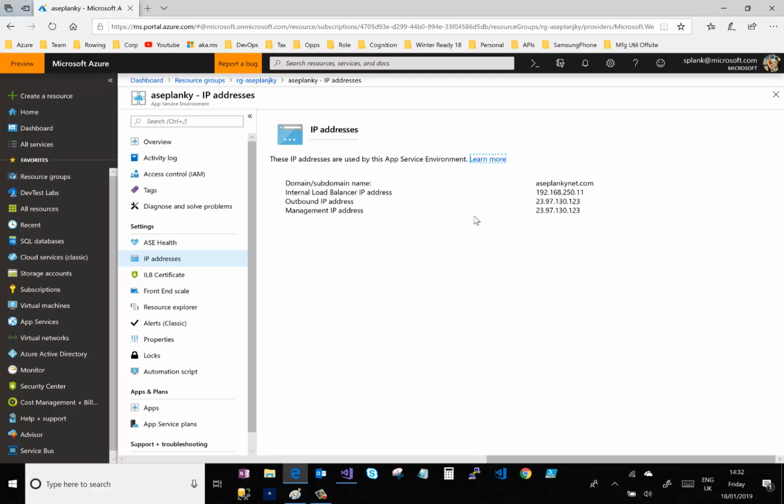And then it's got a management IP address, 23.97.130.123, and the same IP address for outbound traffic. So to manage the environment, we've got a public IP address, and what is its IP address for outbound traffic? It's that one there. Okay, so I guess the first thing we would want to do is to